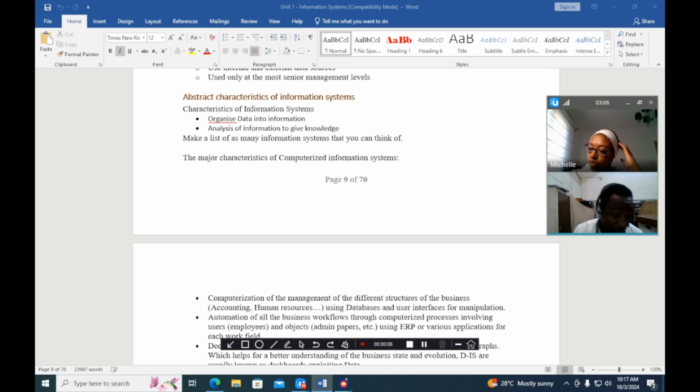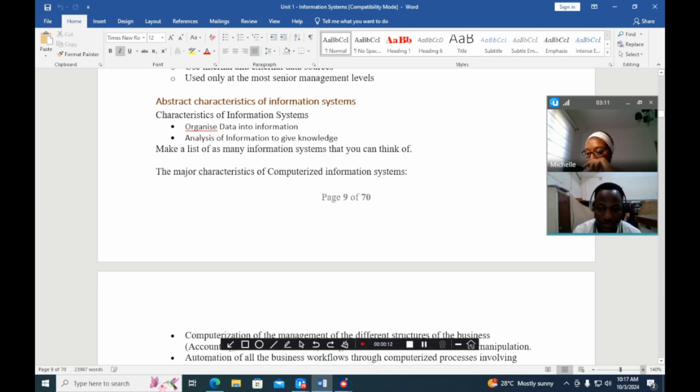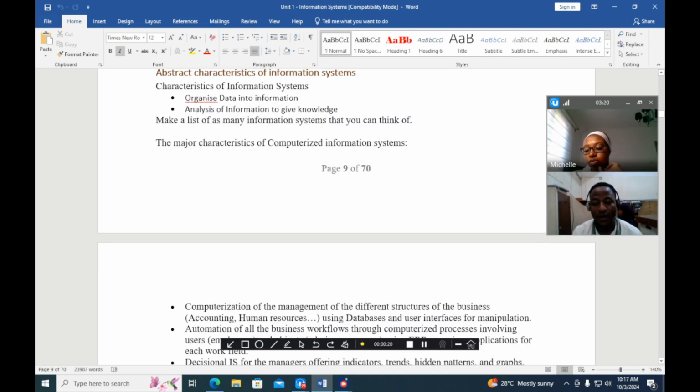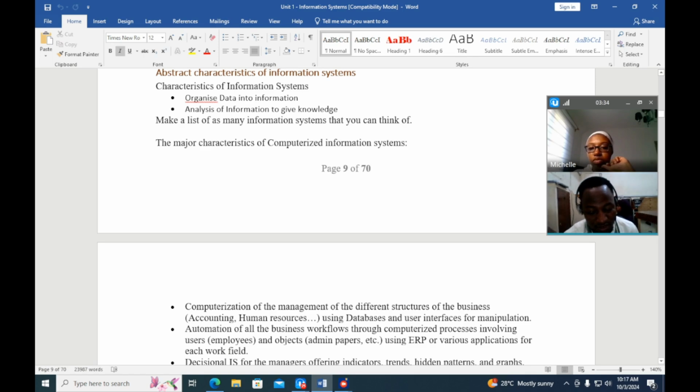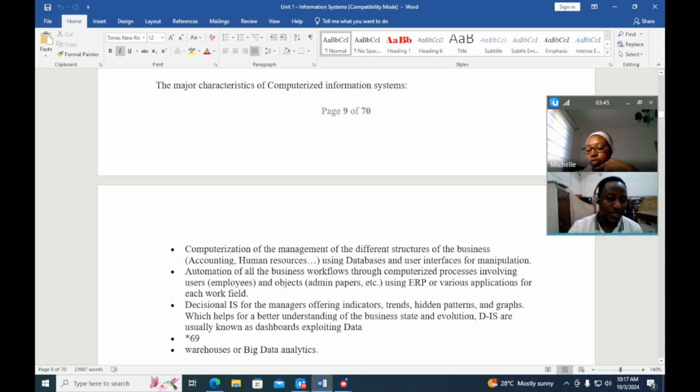So the abstract characteristics of information systems is what we are talking about. Now, we are majorly looking at the major characteristics of computerized information systems. Of course, we know what information systems do. We know their functions. We know their importance. But we want to look at the characteristics of computerized information systems. So the major characteristics include,